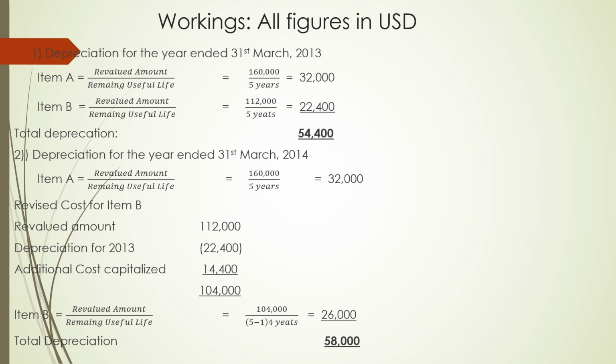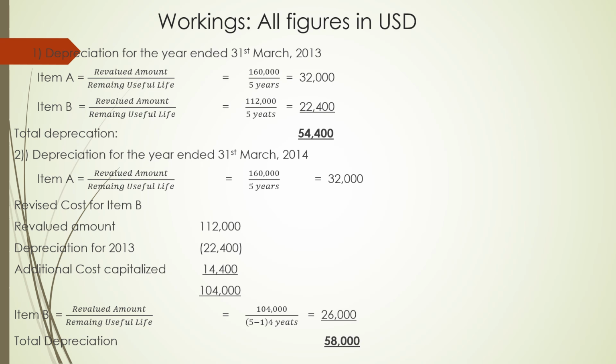So now we will also need to calculate depreciation as at 31st March. Remember, we are preparing it for two periods, 2013 and 2014. So as at 31st March 2014, our item A still had the value of 160,000 divided by 5 years, giving us the same 32,000. But remember, for item B, we had a capitalized expenditure that was given to us as an amount of